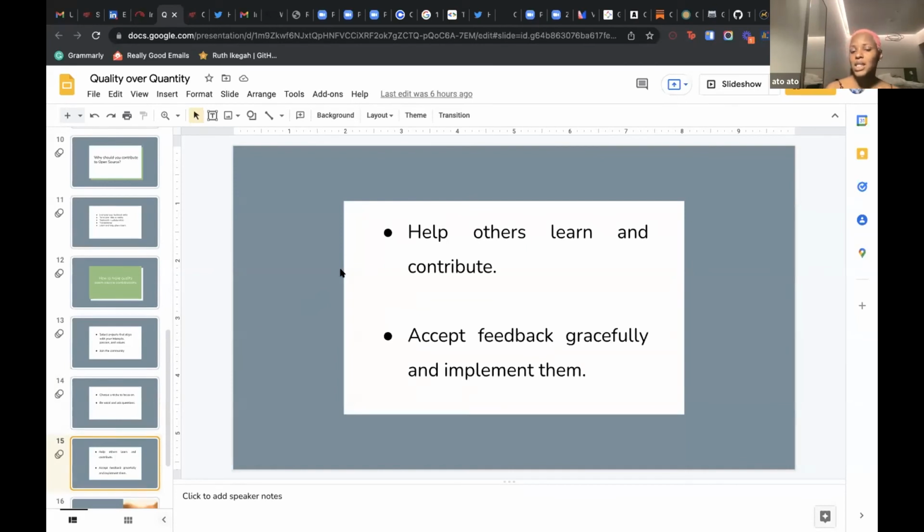Also, helping others is one way to make quality contributions. People come into an open source project frequently. There's always a newcomer somewhere that is lost. There's always a newcomer somewhere that doesn't know what to do. So helping others learn and contribute, even making their first pull request, helps you make quality contributions, because